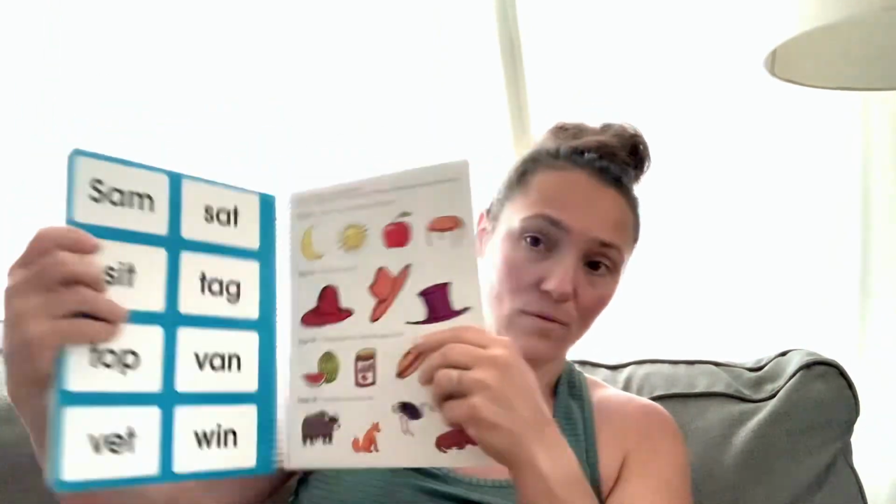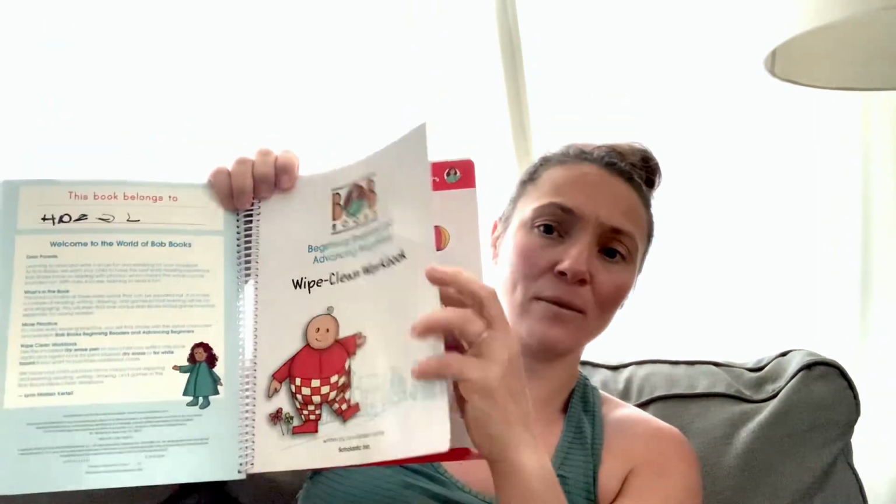and this goes right along with the Bob Book First Readers, and we have done those already as well. Not all of them, but she's read, I think, up through the 5th book in the Bob Books, but this is really neat to go along with it. And there are some flashcards in the back and stickers that you can use throughout. I think I got this at Costco. But yeah, it's a Wipeclean book, and